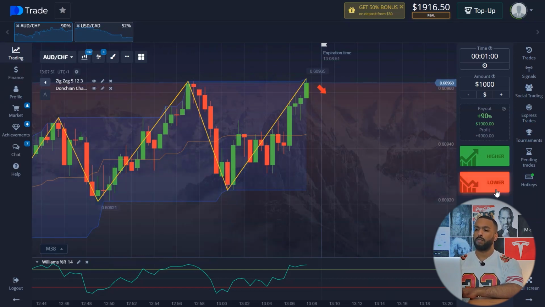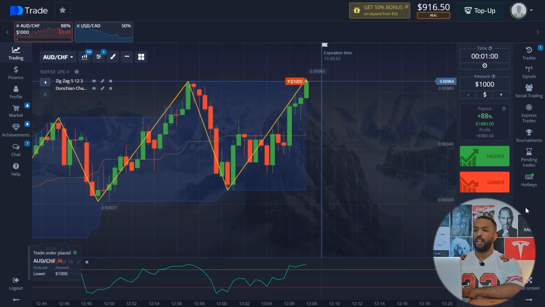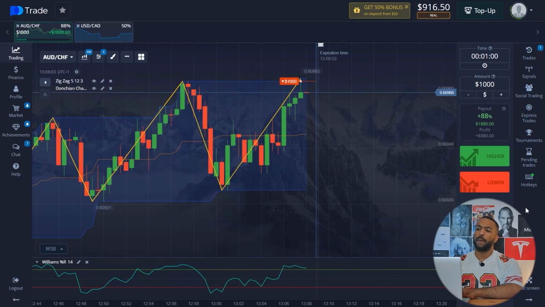And now I'm gonna make a down trade for $1,000. And on the chart, I saw what I was thinking about a minute ago. The price reached the upper limit of the Donchian indicator, after which some correction began to occur, and that's exactly what I expected it to do. In addition, the Williams line was in the overbought zone, and there was a trend towards the beginning of its reversal, and as a result, a decline, which was also a signal for me about a possible decline in price. Actually, the price is declining,